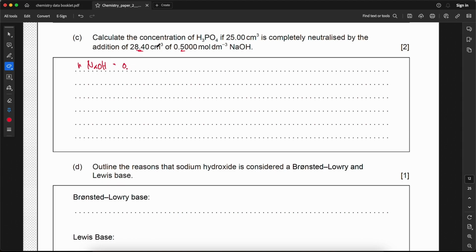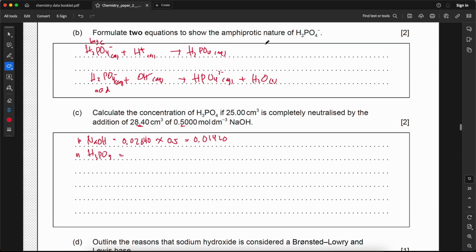So let's convert this into decimeter cube times concentration, you will get 0.01420. And for H3PO4, the reaction, okay,